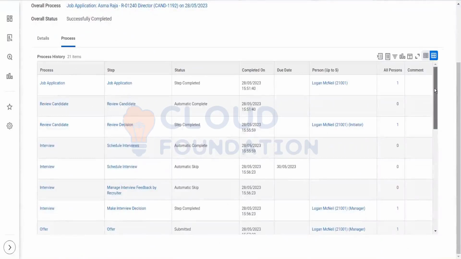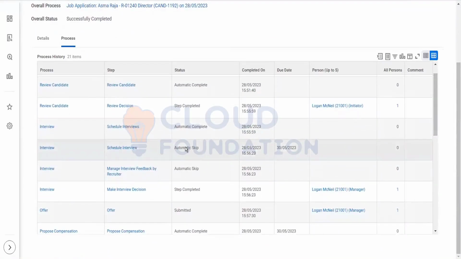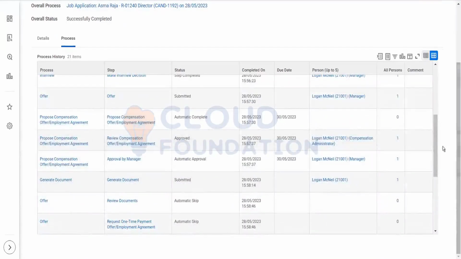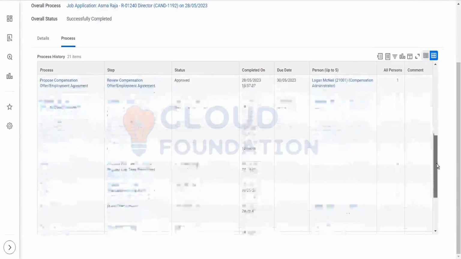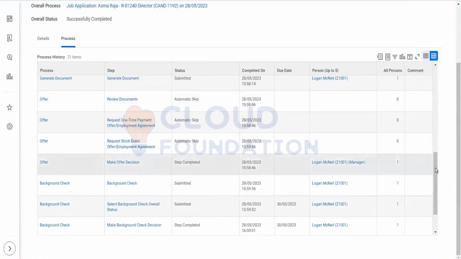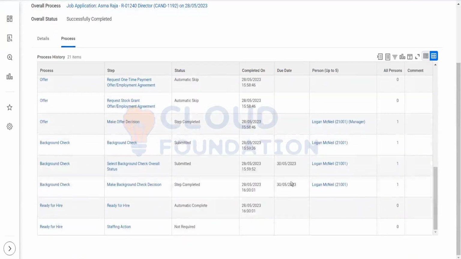So you skip these interview ones. Then offer was submitted. Then propose comp, which was part of offer. Then generate. Then this was skipped. Then background check. And ready for hire was completed. This was not required. Ready for hire is the last stage, and it automatically triggers the hiring process once we complete it, or